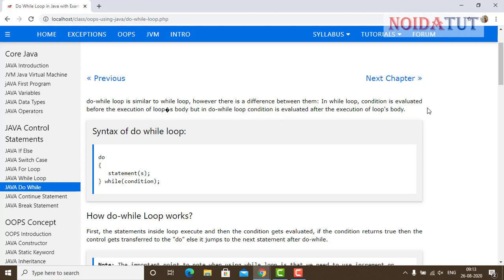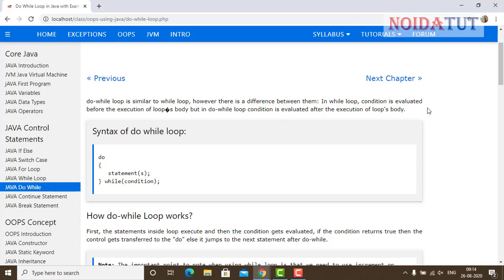In while loop, if the condition is false, the system is not going to run the control even a single time, and it is not fixed. We set the condition. The condition can be like we can set on the system whether the input value is yes, you need to continue the loop. If the input value is no, you need to stop the control. So this is a situation. As per the situation, we are using the while loop.